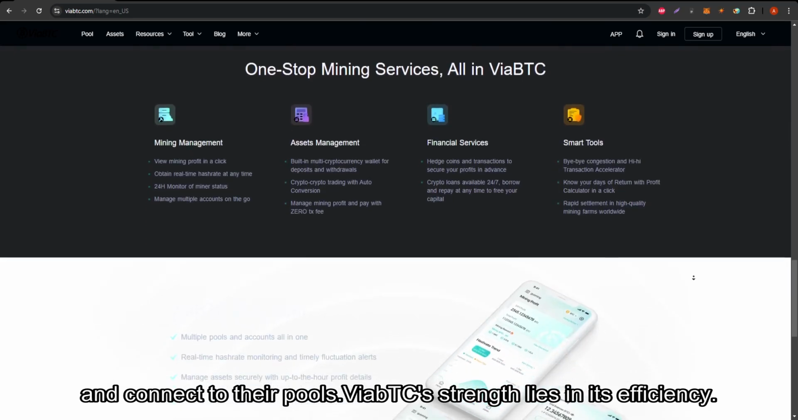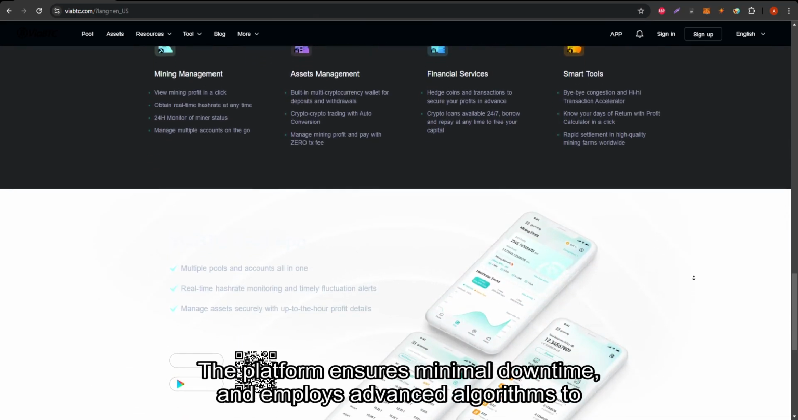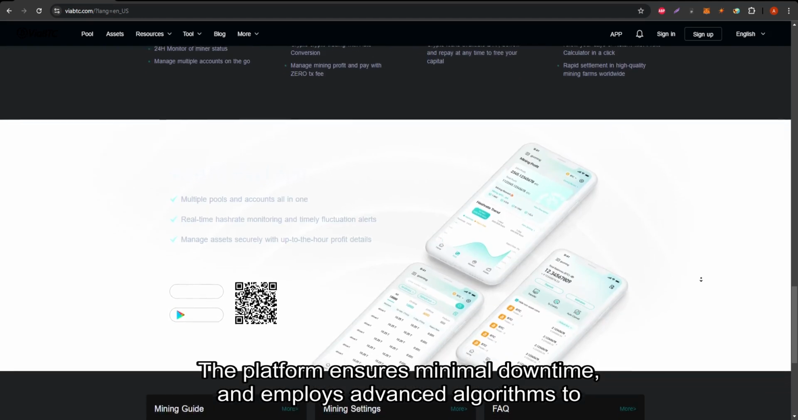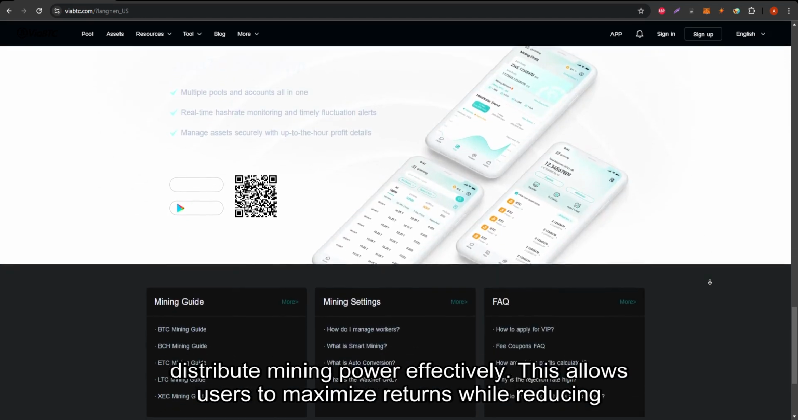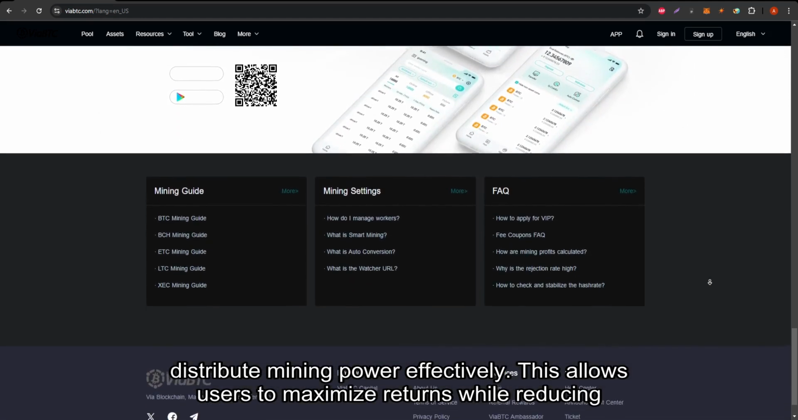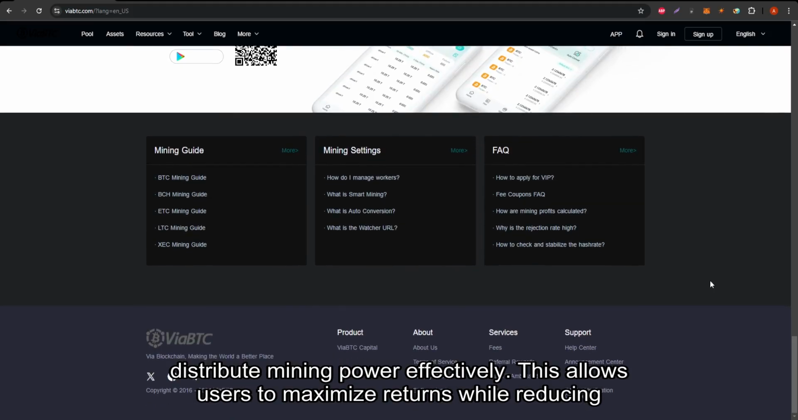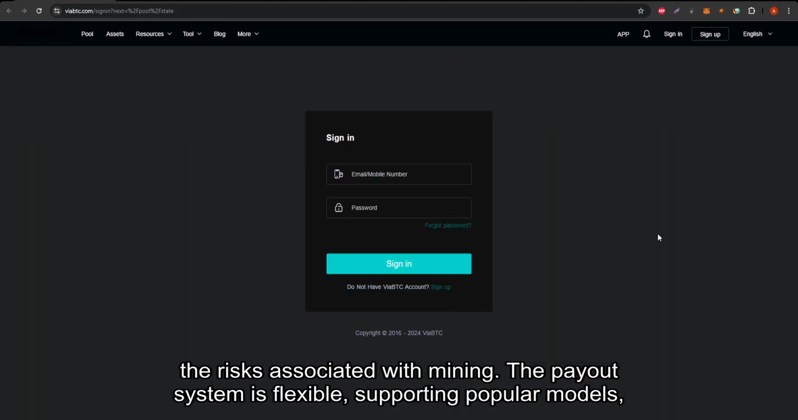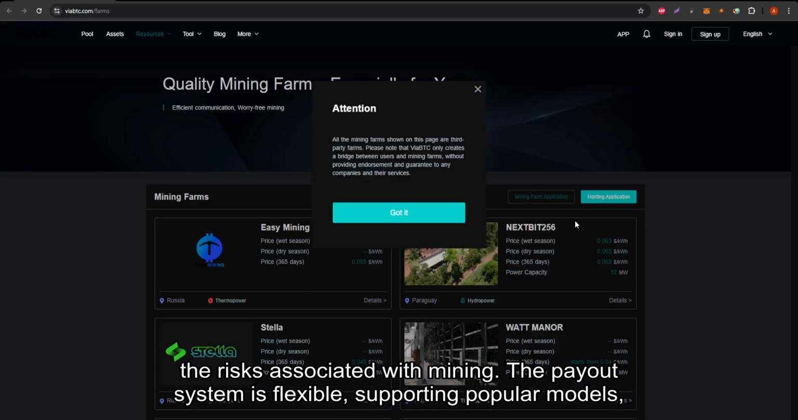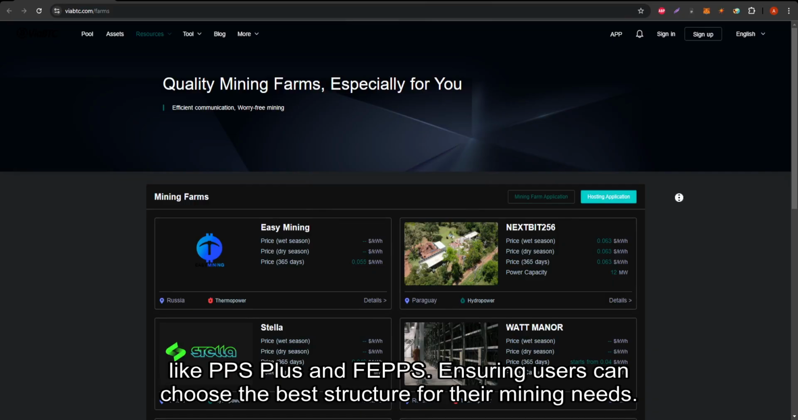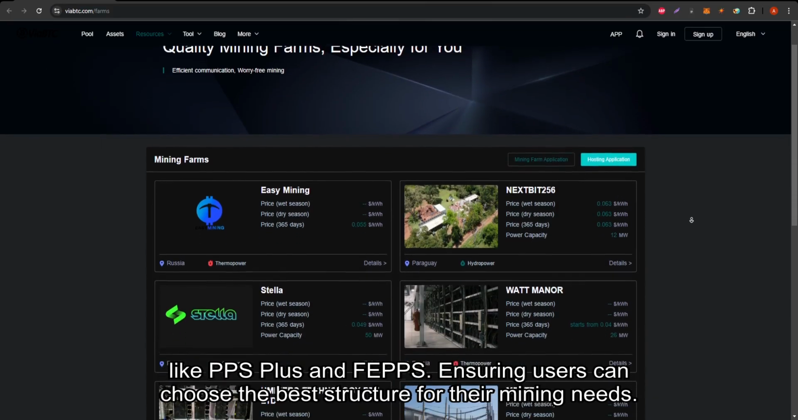ViaBTC's strength lies in its efficiency. The platform ensures minimal downtime and employs advanced algorithms to distribute mining power effectively. This allows users to maximize returns while reducing the risks associated with mining. The payout system is flexible, supporting popular models like PPS Plus and FEPS, ensuring users can choose the best structure